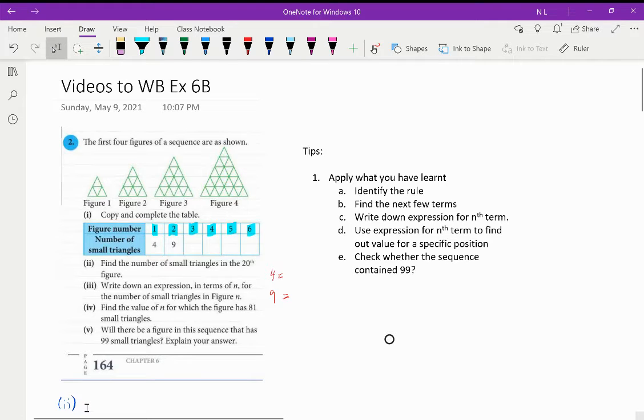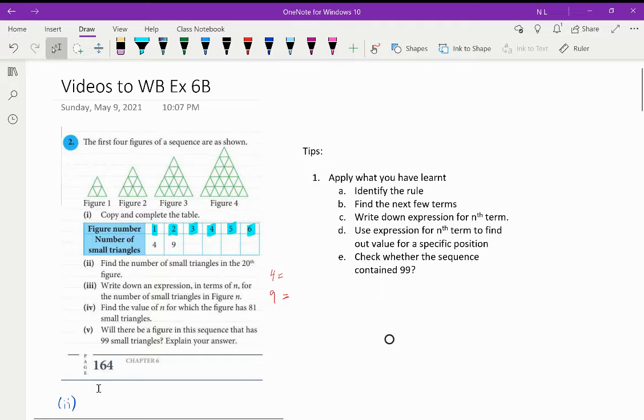Hi students, let's look at the questions on the number sequence for geometric figure. So geometric figure just means shapes, which is number sequence involving shapes. So what you have learned previously for number sequence involving numbers, all the concepts that you have learned previously, for